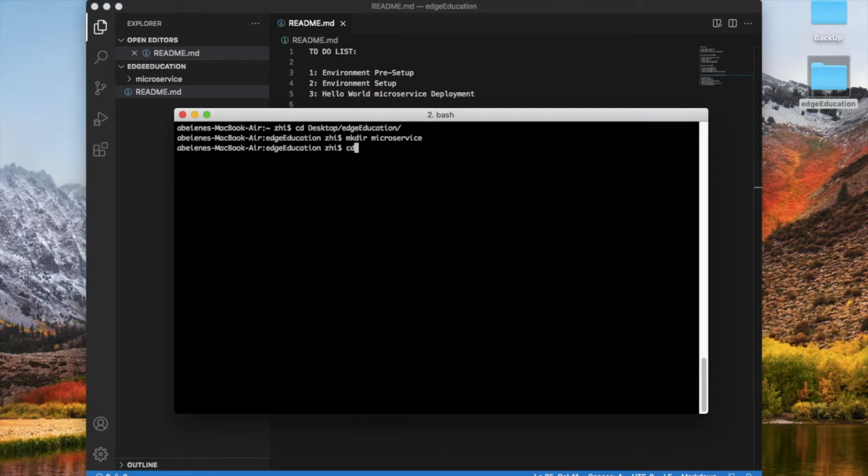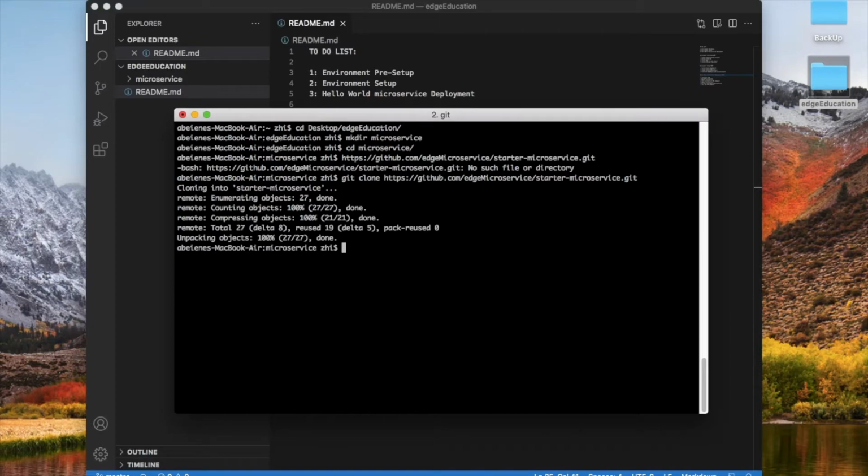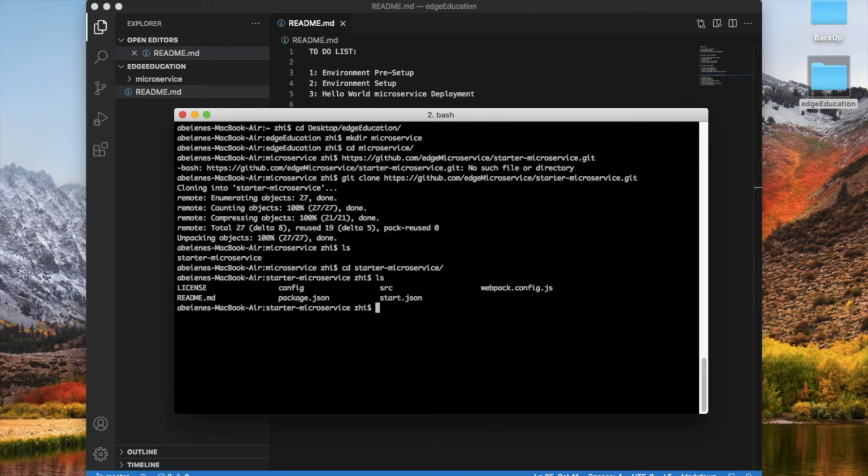And we'll go into it. Oh, sorry, git clone starter microservice. So now that's cloned, we can do a ls and we see it in there. We'll go into cd starter microservice. We'll do an ls. We should see that there should be a readme here, source, and all its and a